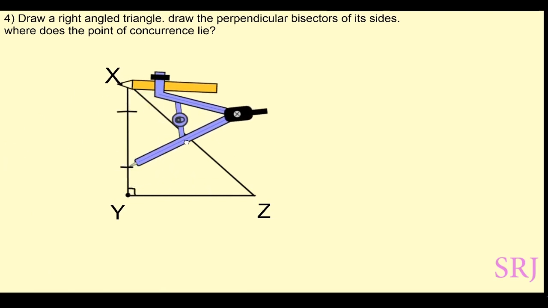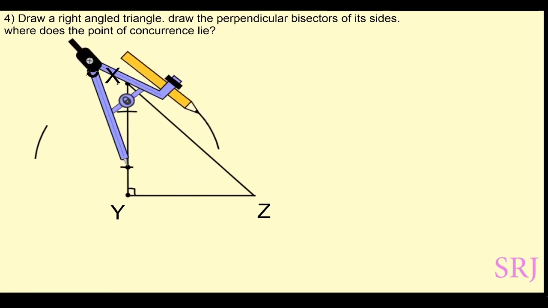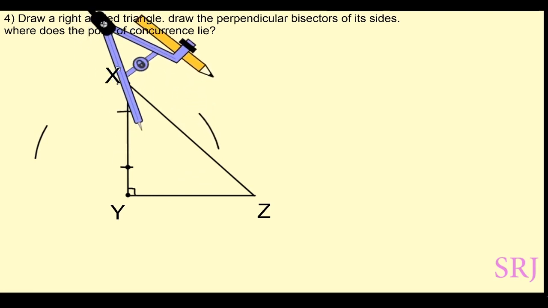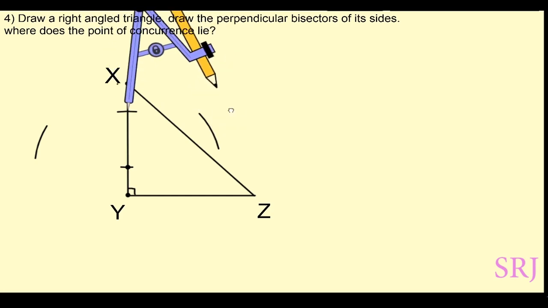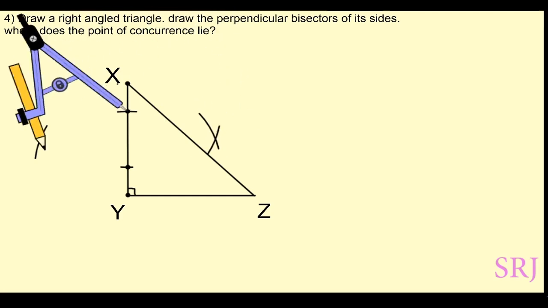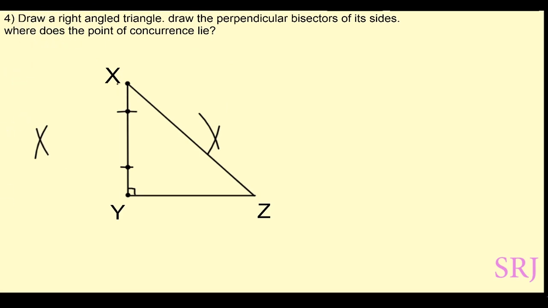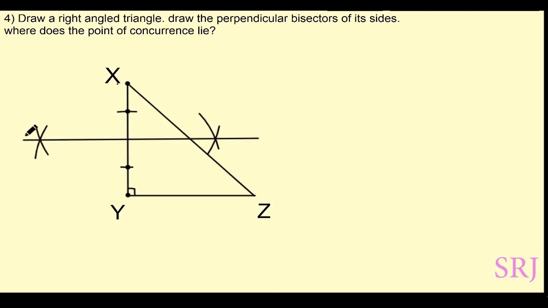Now, place the compass on the drawn arcs and draw another arc, that is one above and one below line XY. Then place the compass on the other arc and draw another arc intersecting both the previous arcs. Draw a line using a scale to join both the intersecting arcs. Draw arrows at both ends of the line.